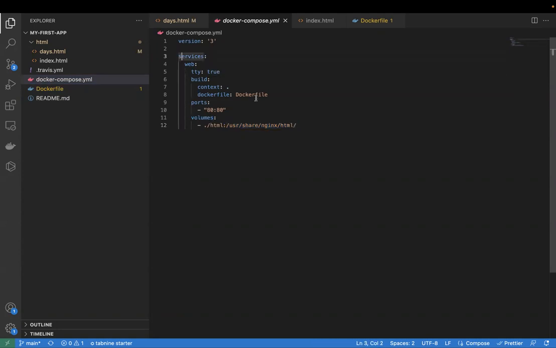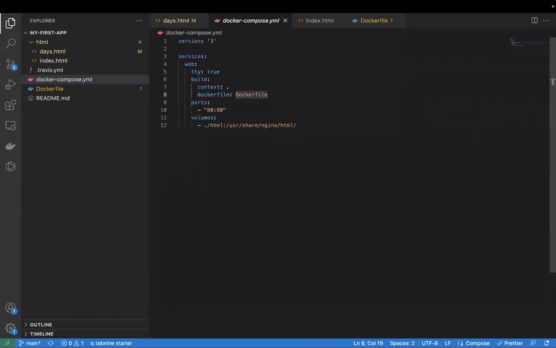So this is another way of building your application. Here, Docker Compose has its own syntax. You can see it starts with the version and is then followed by services. In the services, you can have multiple services. In our example, we are creating a simple service, only one service. That service is called web, and it has a few commands here. It is trying to build from the file called Dockerfile.